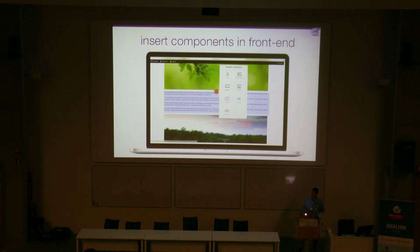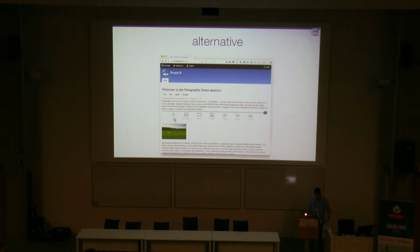You must know that when working with paragraphs, you can decide for every content type which paragraph or component types are allowed to be used on that page. Those are the ones you're allowed to use, and you can insert them. When you click one of them, the modal pops up for that bundle, and you can start adding that component in the page. So basically, the modal works exactly the same as the edit functionality. There are also alternatives possible. For example, a small dotted line with a plus on the right-hand side, which shows all the places